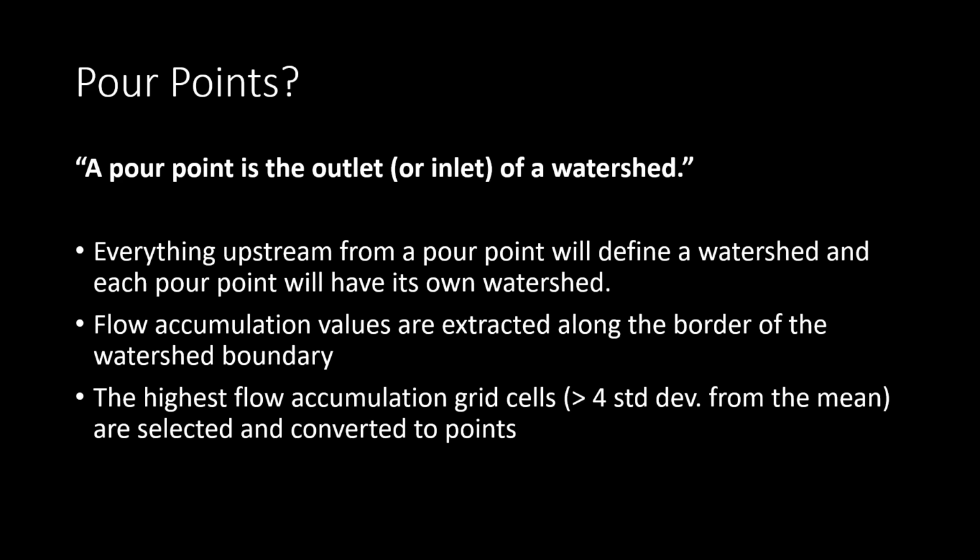If you were working with a non-headwater watershed, it would be very important to define the input pour point and then the output pour point. Pour points are created by extracting flow accumulation values that are along the watershed boundary, and the highest flow accumulation value that is at least 4 standard deviations above the mean will be selected and then converted into the point. This means that we could get multiple outputs, and that's why we are going to review and edit our pour